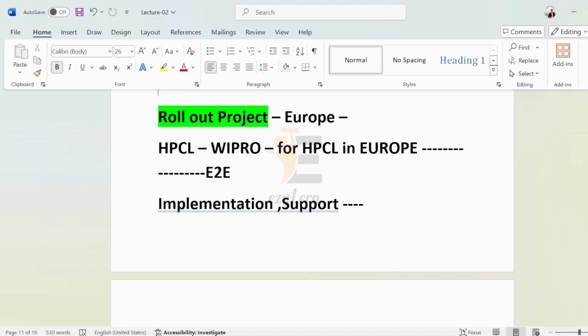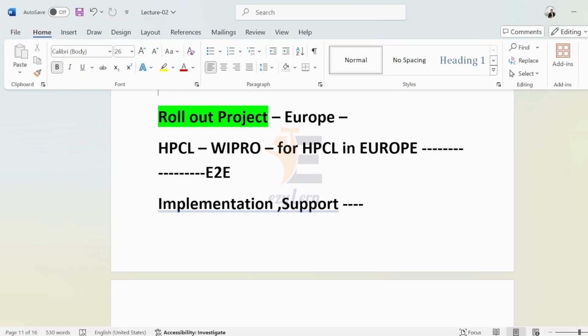So for TCS this project will again be an E2E implementation project. Why? Because they don't have any templates, documents or blueprint, master data, everything they have to create from scratch. So for TCS the same Balco project in the France plant will be E2E implementation, but for Infosys that same project will be a rollout project.